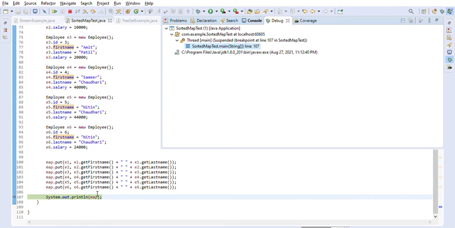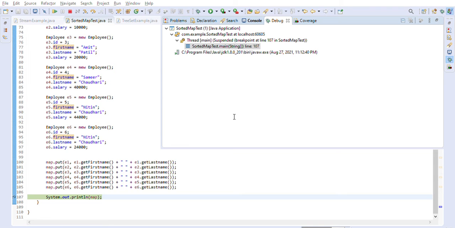So let me show you quickly how the result looks here. As you can see, we are more interested in this, right? It's number 5, the first name is Nitin, and here also the first name is Nitin, but now it is considering the last name, because you see the last name starts with C here and the last name starts with P here.